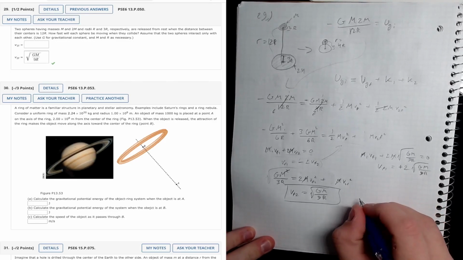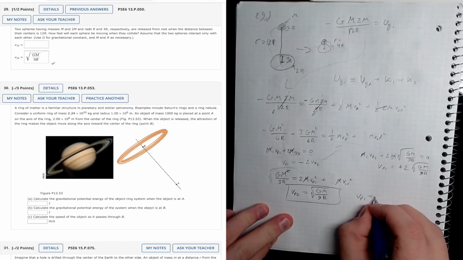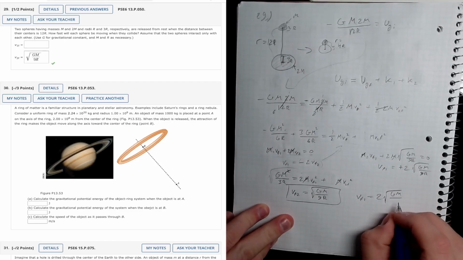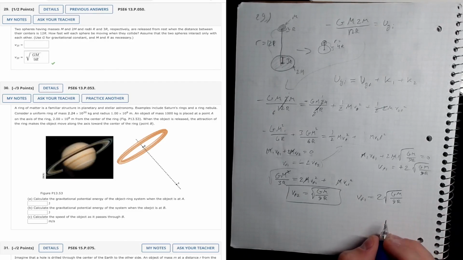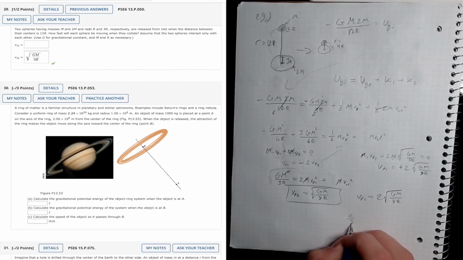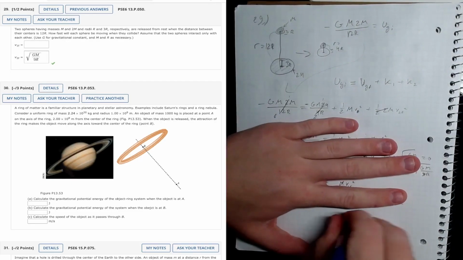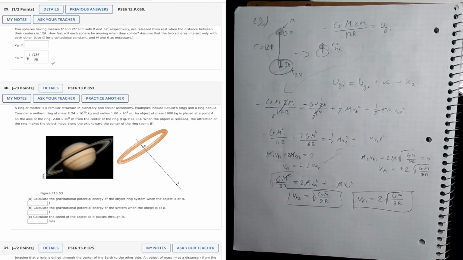So velocity final is equal to the square root of GM over 9R. Voila. Now this could be simplified, guys, to 2 over 3 square root GM over R, but it really does not matter. And that, guys, should be the answer to question number